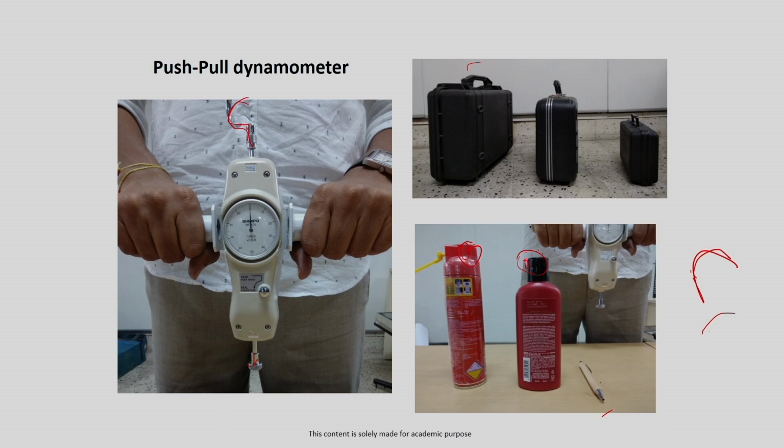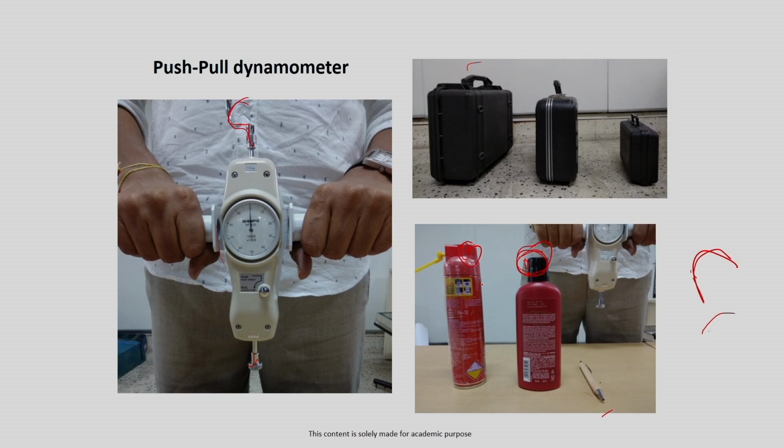So if you are designing something for a very weak population, first we need to understand the ability of the person with this type of dynamometer. So you can understand and then you can design this thing. Then the ability should be more than the demand of this product. In this way we need to evaluate, and also the form of the product, whether there will be some spring mechanism or it will be the same manual.